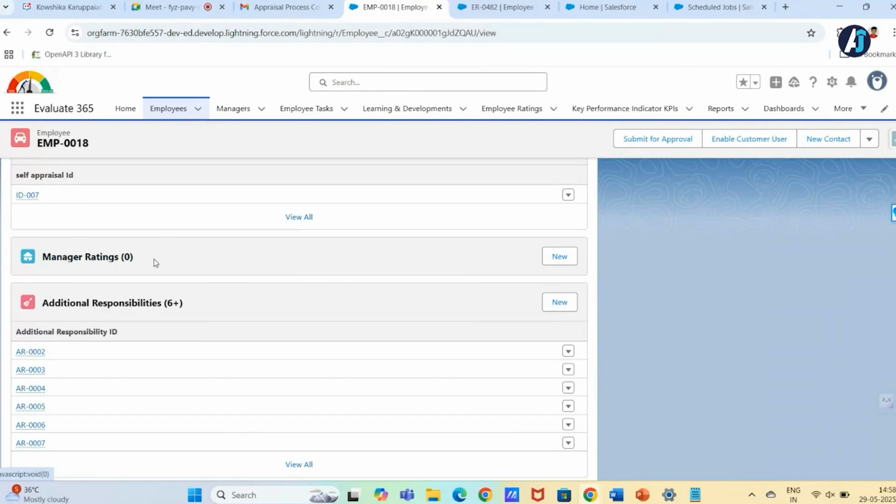So here you can see the manager rating as 0. I'll be creating a manager rating for 12 months now. Why? Because every month after the employee, the manager will be creating his rating.